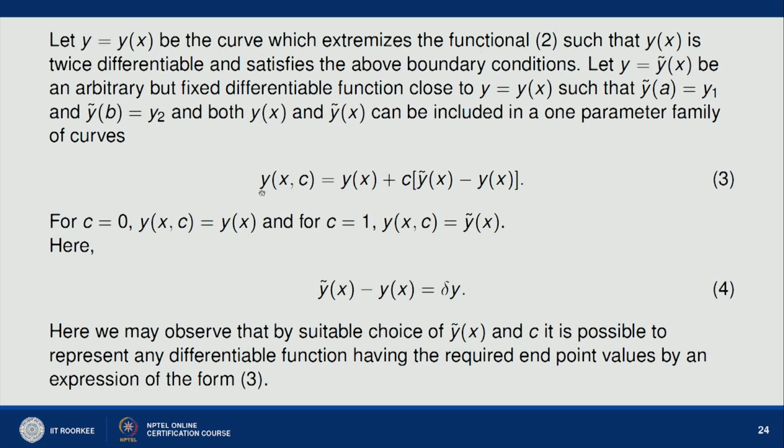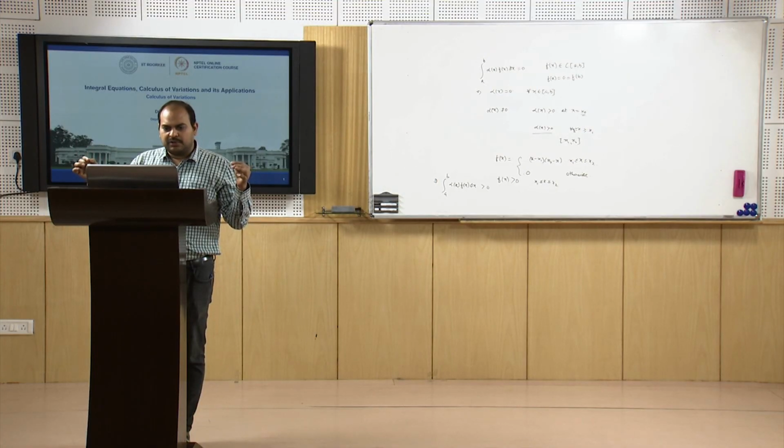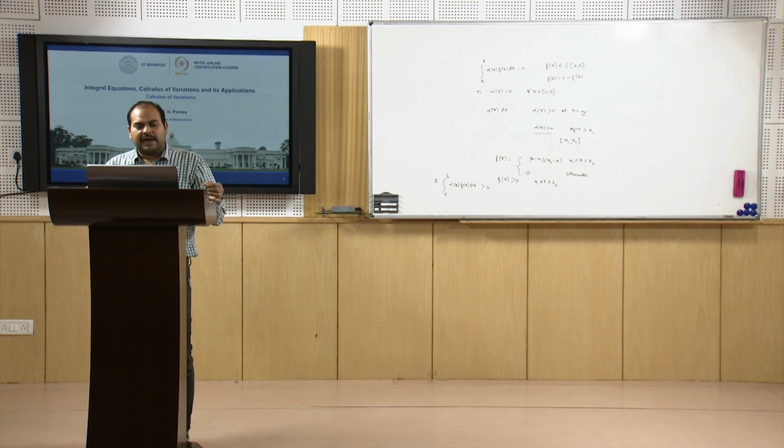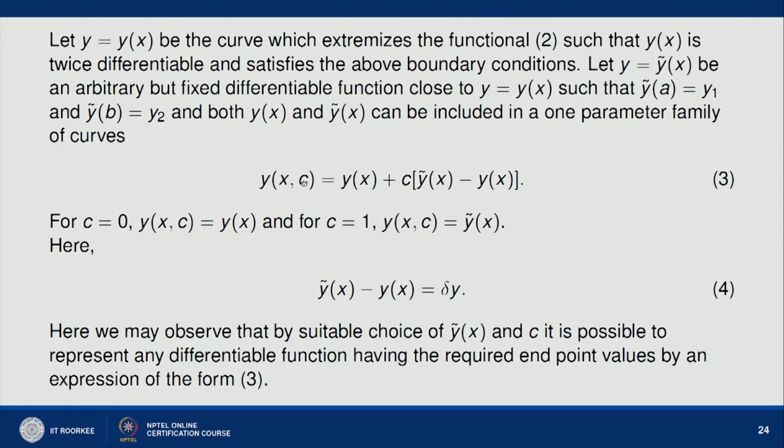So it means that this y(x, c) represents a differentiable function having fixed endpoints, that is y(a, c) equals y1 and y(b, c) equals y2, and this also contains the extremizing curve, that is y(x) at c equal to 0,